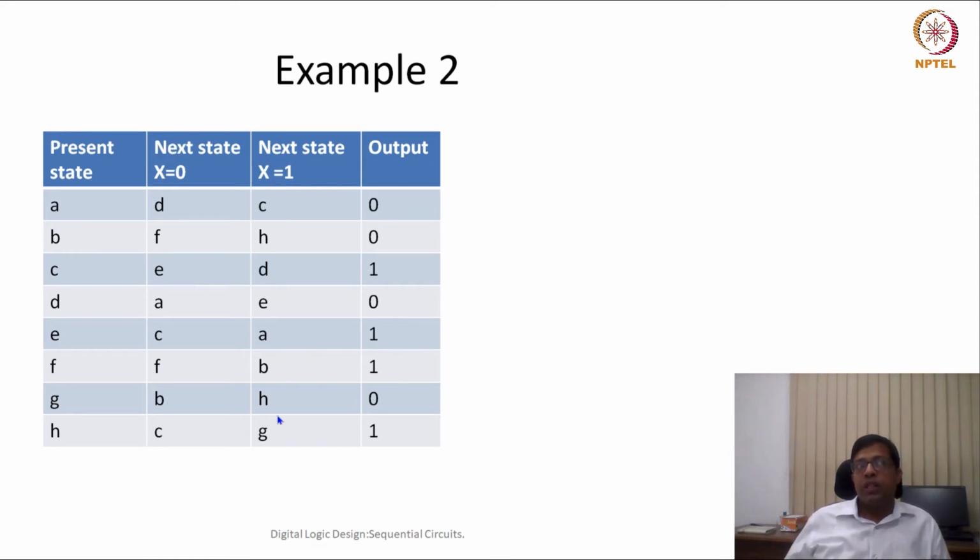So then the method is a little sophisticated, but let's try to understand what we are trying to say. We are saying that these 2 states, A and B, could be the same only and only if D and F are the same, and C and H are the same, because outputs are the same. If these 2 next states are the same, then we can say A and B are also the same. So we can apply this kind of a fundamental relation,